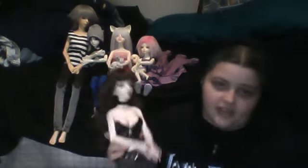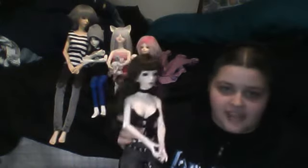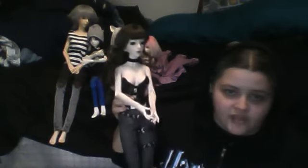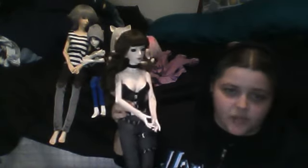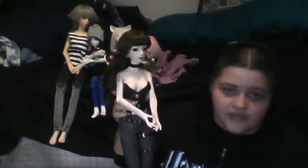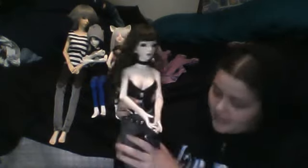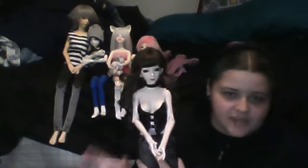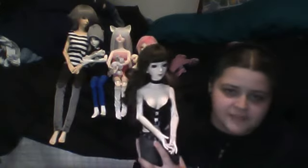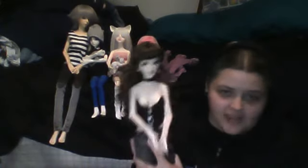my doll zone Helen, her fashion is kind of a dark sexy. She kind of evolved since I first got her. So bits and pieces of her clothes she doesn't really wear as much anymore. She mainly wears grays and blacks and dark sexy colors like burgundies. And all of my dolls kind of have a color that is associated with them that they wear, and hers, outside of black and gray or white,